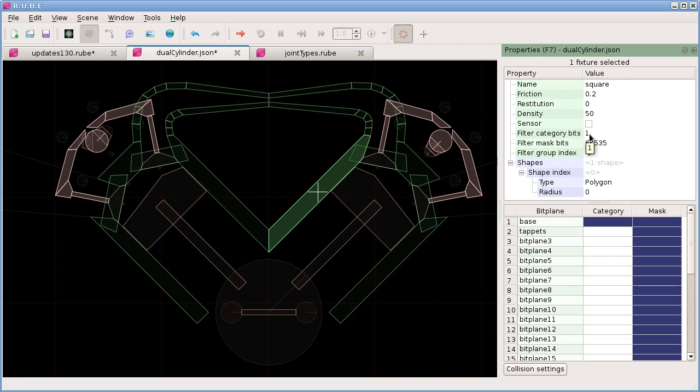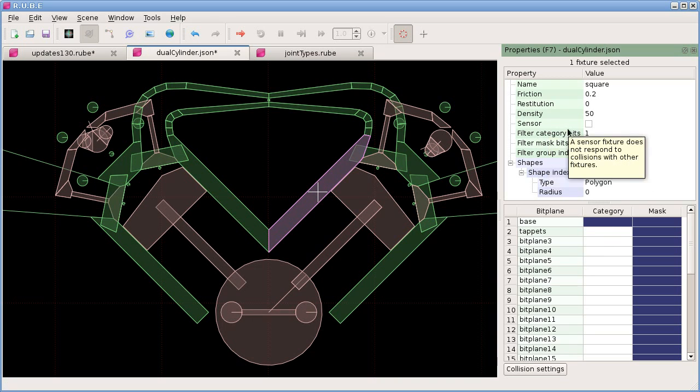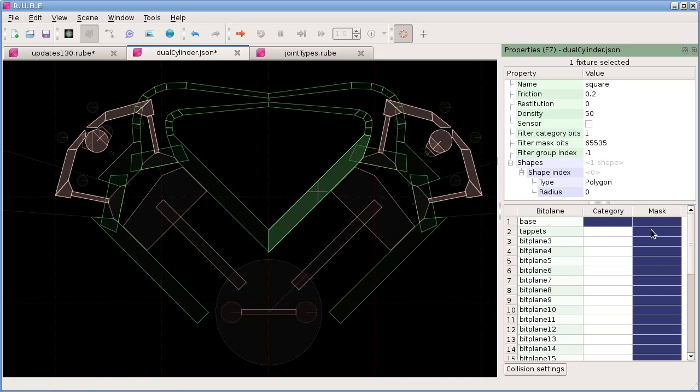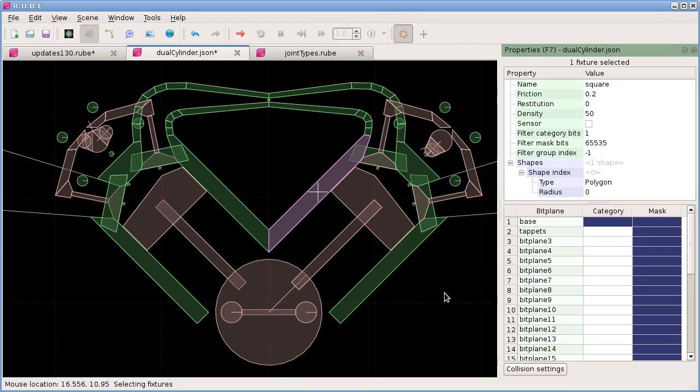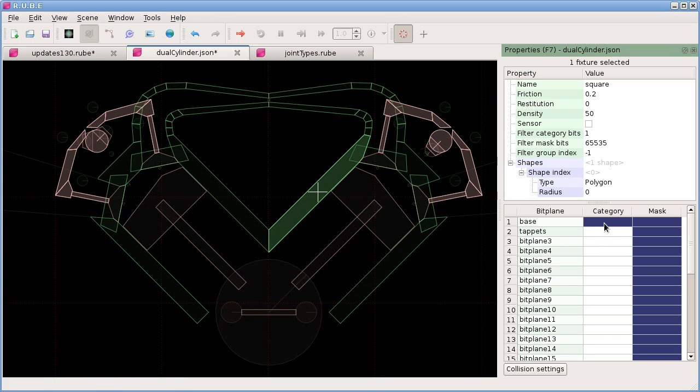So the filter category bits here is 1, which is just the first bit of the category bits. Mask bits of 65535, that's every bit of a 16-bit number. So we can see here in the right hand column the mask is set to everything, so that's going to collide with everything in the scene, except for things that have the mask set so that they don't collide with this one. It's getting even more confusing now, isn't it? But the point is, it's a little bit easier to see and set these things by clicking on these